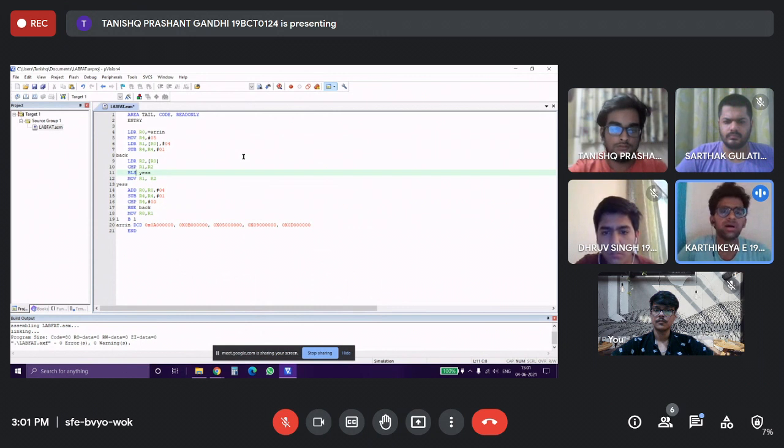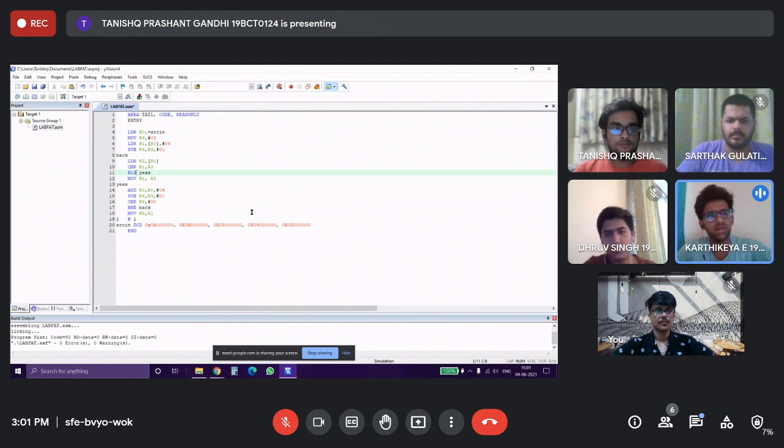In usual coding we use for loops and while loops for iteration, but in ARM programming we have something called labels. Here at line 8, back is a label, and at line 13, again is a label. Inside the label, we're finding the least number. We compare R1 and R2. R2 contains the second adjacent number in the array, and R1 contains the first number. Now we are comparing these numbers.